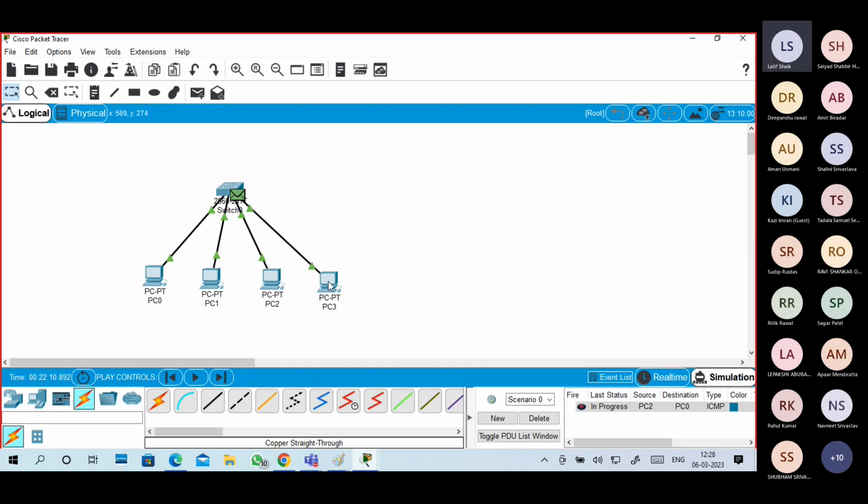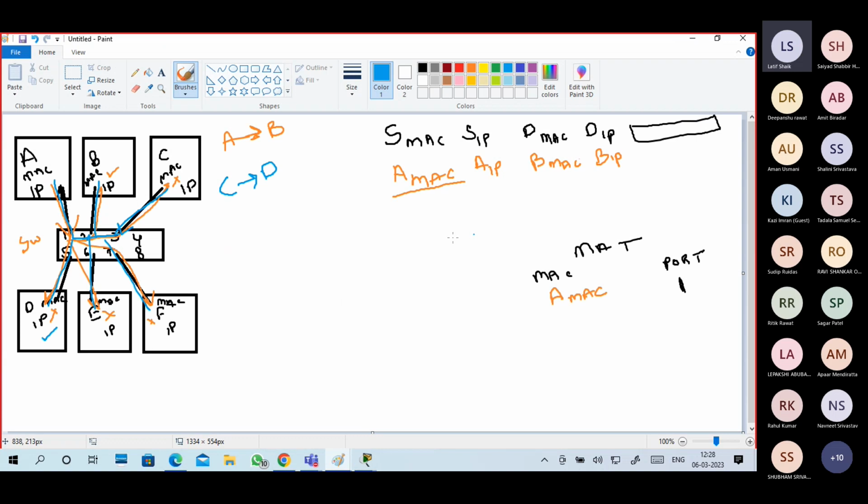Okay, so this is a simulation. This is how a MAC address table entry is created. In this example, I am showing C to D. It means first C's MAC address, C's IP address, D's MAC address, D's IP address.